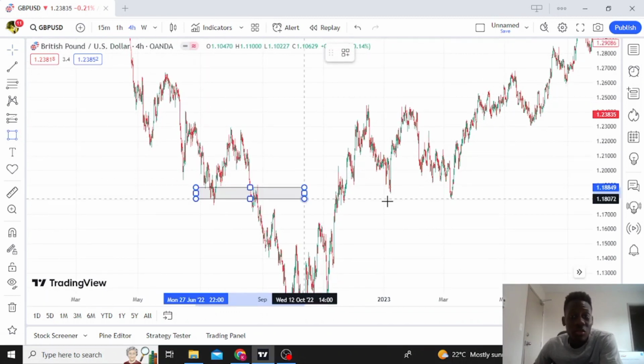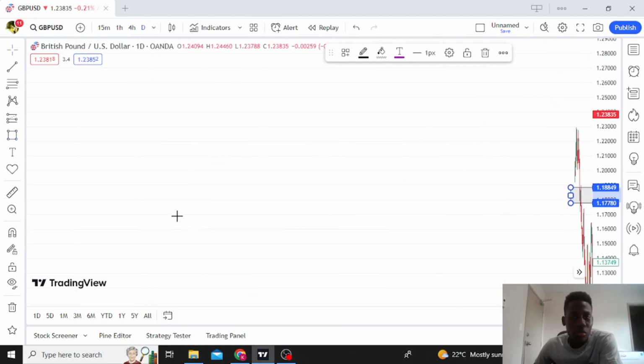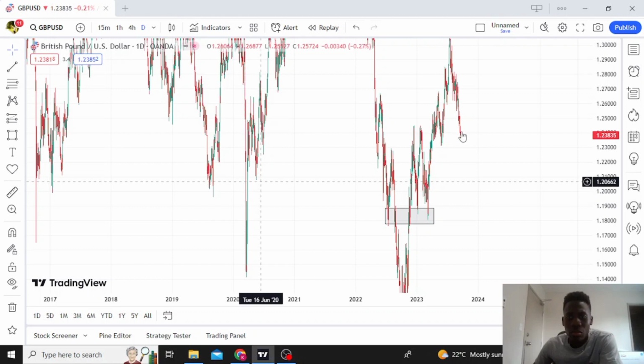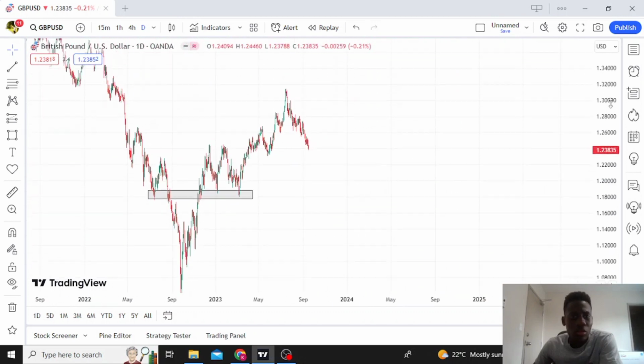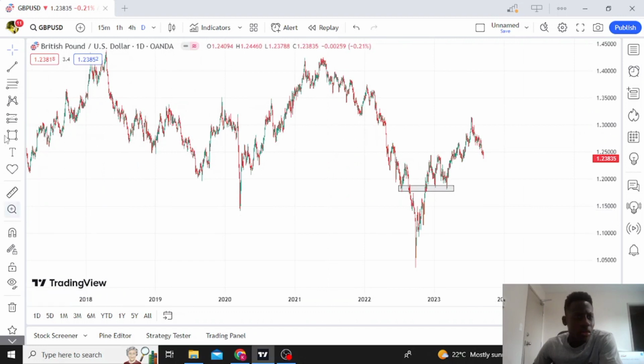of inverse head and shoulders. Very big example. Let me go to one day, that'll be better. Yep, look at it. Very big example of inverse head and shoulders. See, it dropped, yeah, boom. It should be having an up movement on GBPUSD, but GBPUSD does what it wants to do. So, like I said,